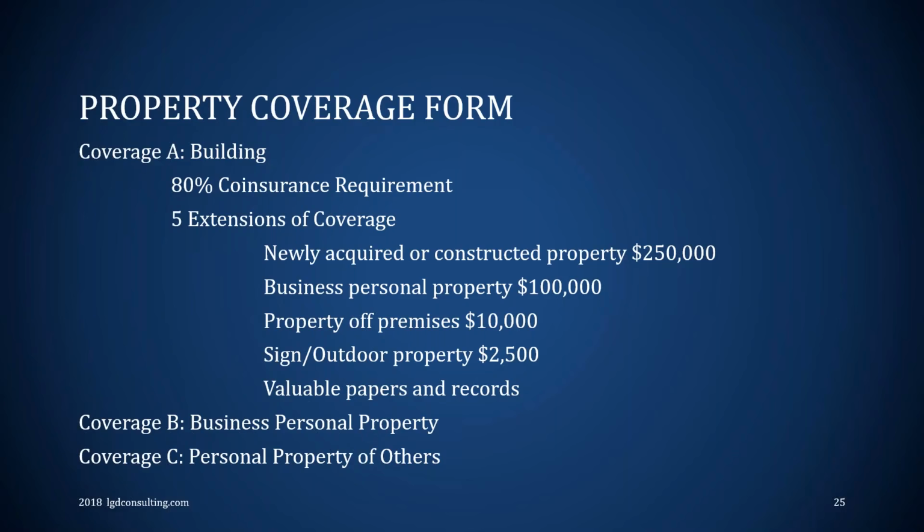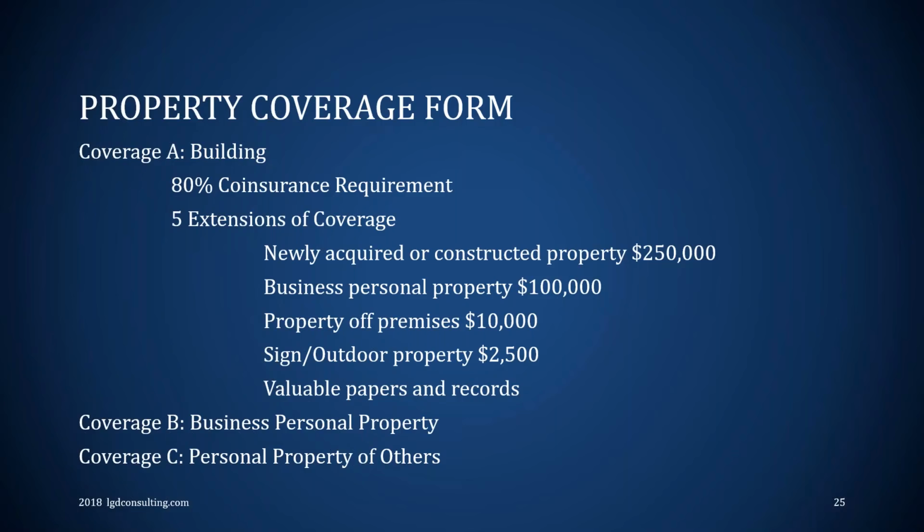Insurance companies want you to carry at least 80% of coverage to the value of the property. That's that 80% co-insurance requirement. Remember, this co-insurance is an encouragement to carry adequate limits of coverage. And for commercial property, if you carry 80% of coverage to the value of the building, you get 5 free extensions. Now, that's the difference between an endorsement and an extension. Endorsement's typically additional charge, right? An extension is free on your commercial property policy as long as you carry at least 80% of coverage to the value of the property or the value of the building.